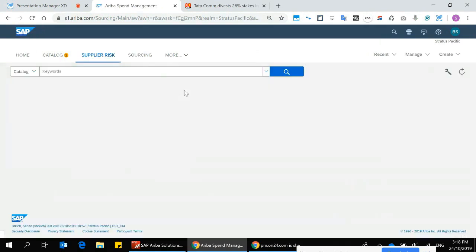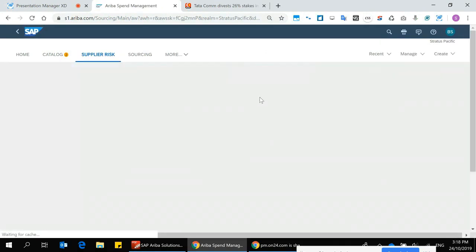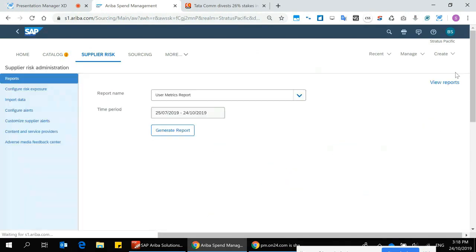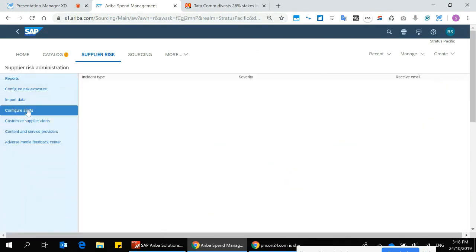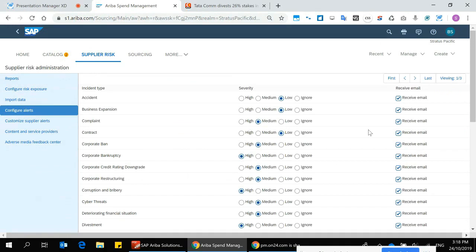So in a couple of minutes left over, I want to talk a little bit about some of the administrative side of things that the system supports. You have the ability around configuring alerts that I talked about earlier. So as a user, what do I want to receive an email for? What don't I? And everybody's threshold around what constitutes a high, medium, or low incident, you can certainly adjust to the kind of profile that your organisation has.